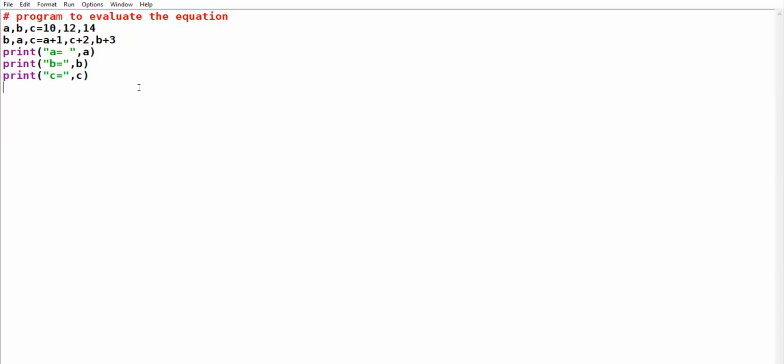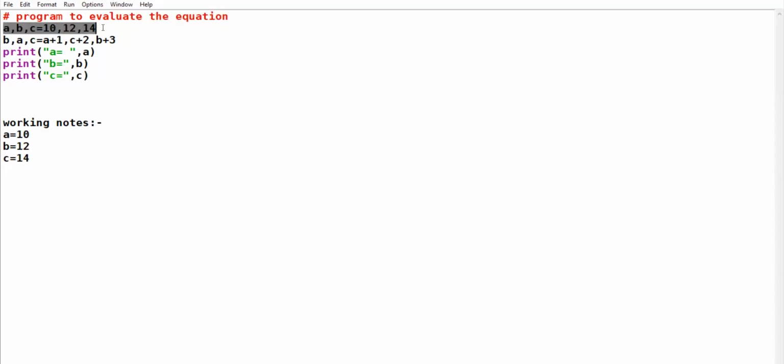Okay. Who will tell what will be the first initial values of A, B, and C? Let us make working notes over here. What are the initial values of A, B, and C? Initial means first value. Yes, who will tell? Yes, Devanshi, unmute yourself. Sir, A 10, B 12 and C 14. Okay, this line is clear.